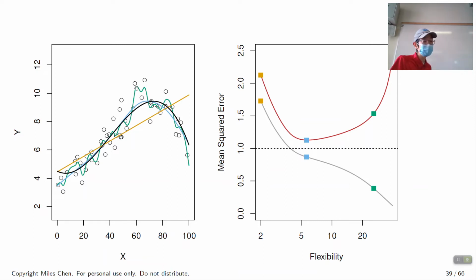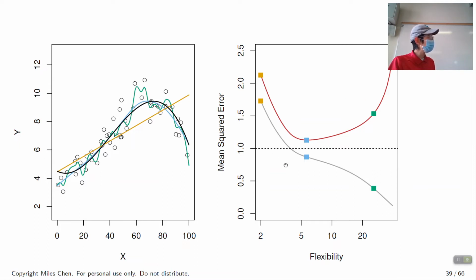We're going to predict up here, and in reality, it should be closer to, say, 8 or 9 or something like that, okay? And so it actually ends up having a higher amount of mean squared error on the test data. So for the test data, you end up seeing this U shape, saying that as the models become more flexible, the error starts to go back up in the test data, okay?